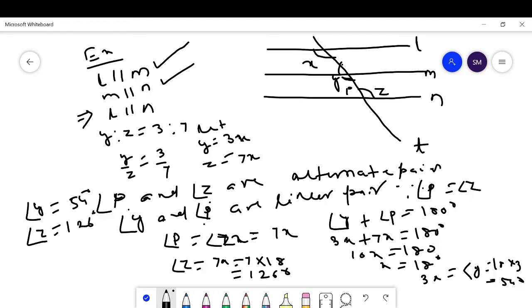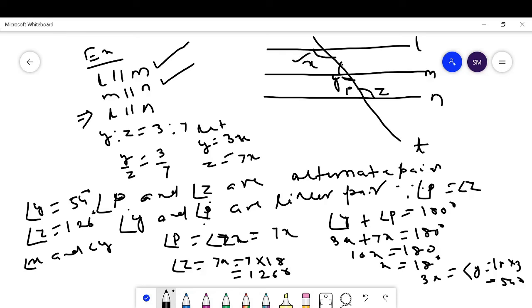Then we have to find out angle x. Angle x and angle y are co-interior pairs. As we know, co-interior pairs are supplementary to each other, this means angle x plus angle y is equal